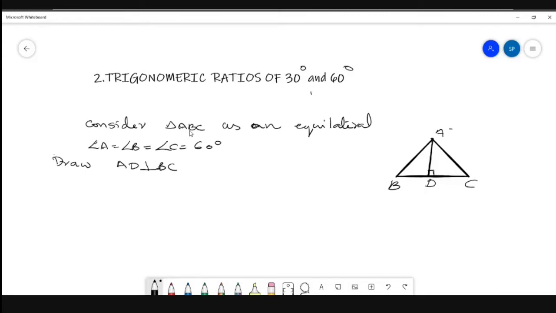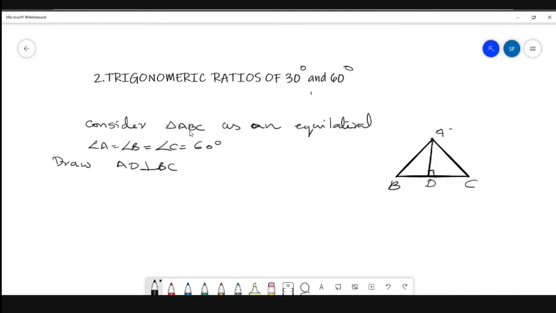Now you can see that ABD and ADC. Here we have drawn a perpendicular. Now ADB and ADC are both right triangles, isn't it? Now here this ADB and ADC are congruent triangles. Can you say that it is congruent? How will you say? Both are right triangles and AD is common, and we know the hypotenuse is the side which is equal.